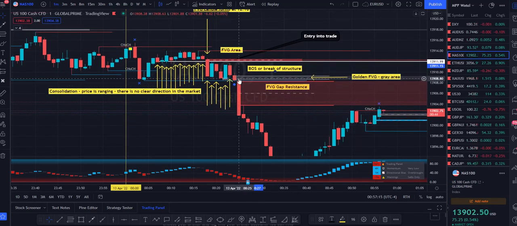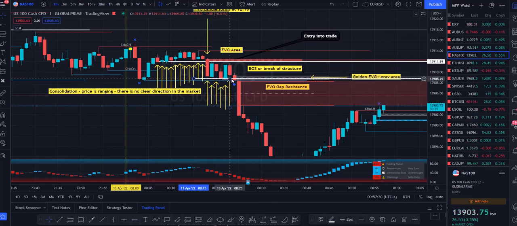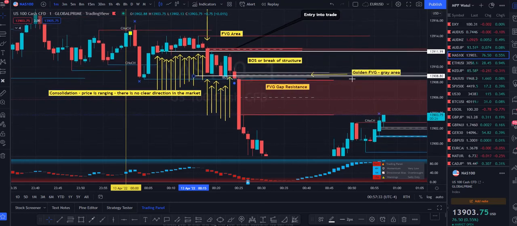You can see that this little candle here created a golden FVG gray area, this gap here. So this area here, if I put a little line right there, that's like a little support line for these candles. And you can see that this red candle broke this level right here. It closed below the white line. Since it closed below the white line, the structure is broken. And since this candle opened up and wicked right into the golden FVG gray area, a safe entry in this trade would have been